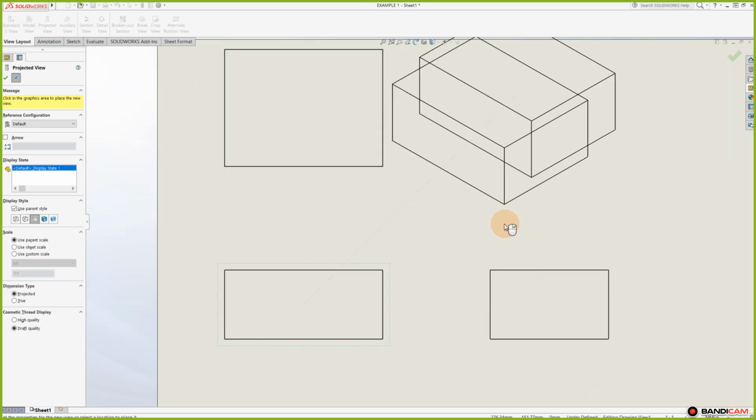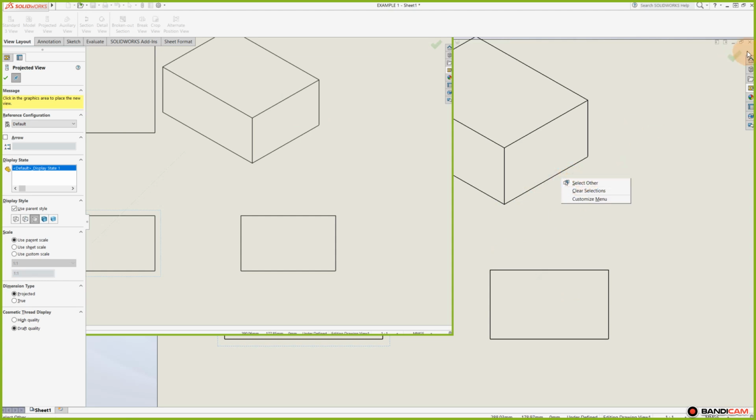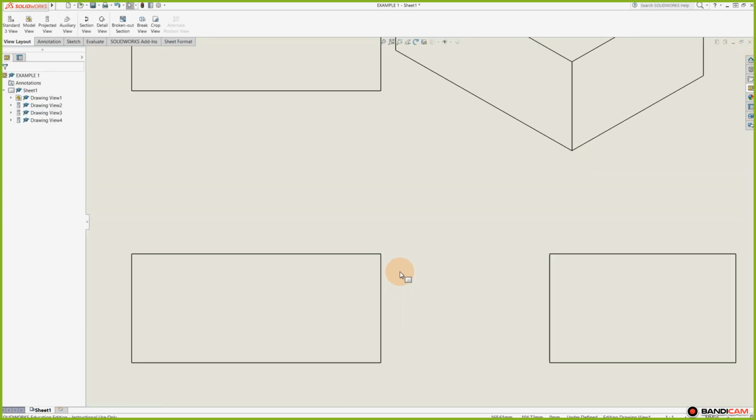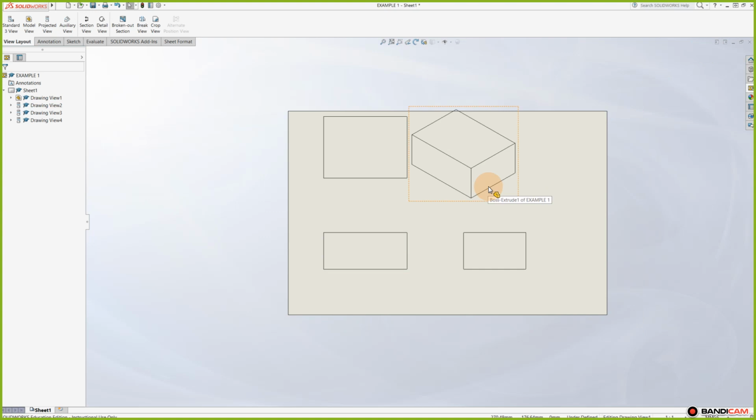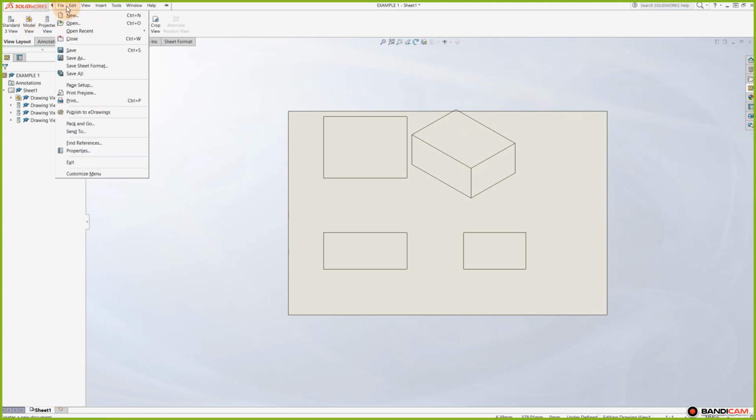Obviously, we don't need this many views for this one cube, but I just want to show you guys how it looks when we have it. So there you go. We have the drawing views linked to our object. And what's very nice about this, for example, is if I were to save this drawing,